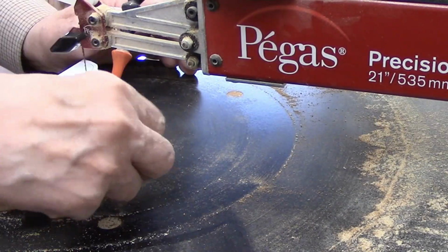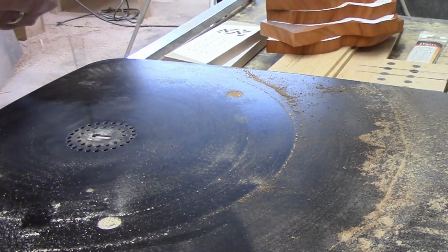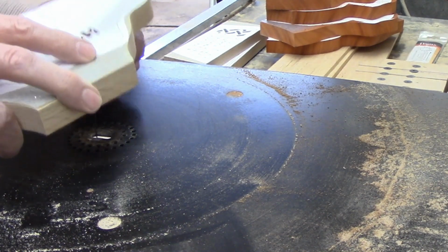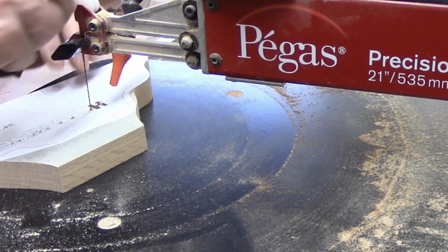To cut the letters, you'll have to make a lot of 90-degree turns. This is a skill you'll need to master if you want to create projects on the scroll saw. Part of developing the skill will be learning the best location to put the pilot holes. If you can get the pilot hole near a corner, you can cut from the pilot hole just a short